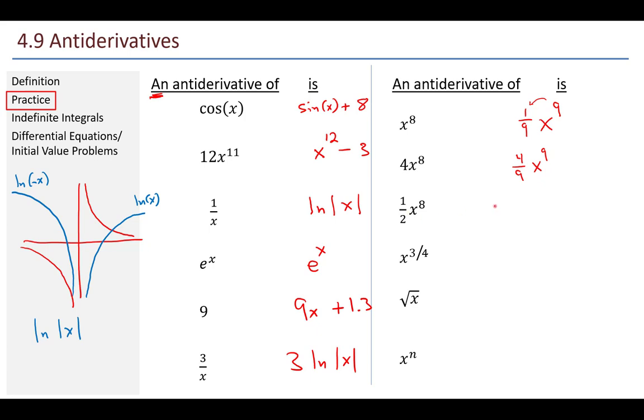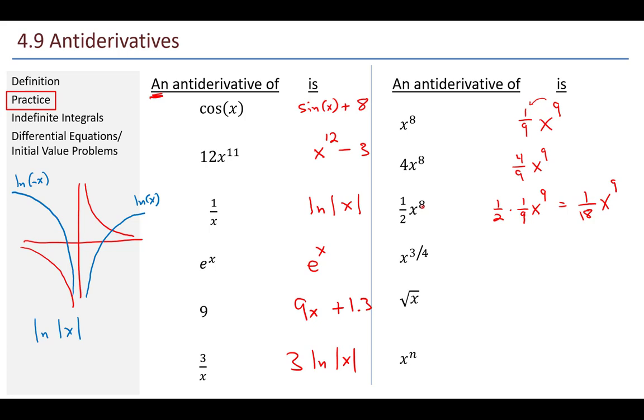1/2. Well, 1/2. What if I just wrote that 1/2 out and then took my antiderivative of x to the 8, which is 1/9 x to the 9. Does that work? Yeah, that should work, because this is just 1/18 x to the 9. When my 9 comes out front, it multiplies with the fraction to give me 1/2, and I'm left with an